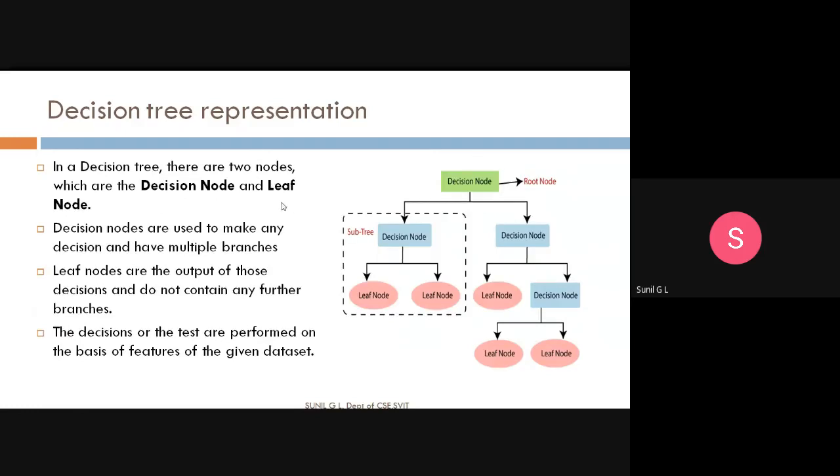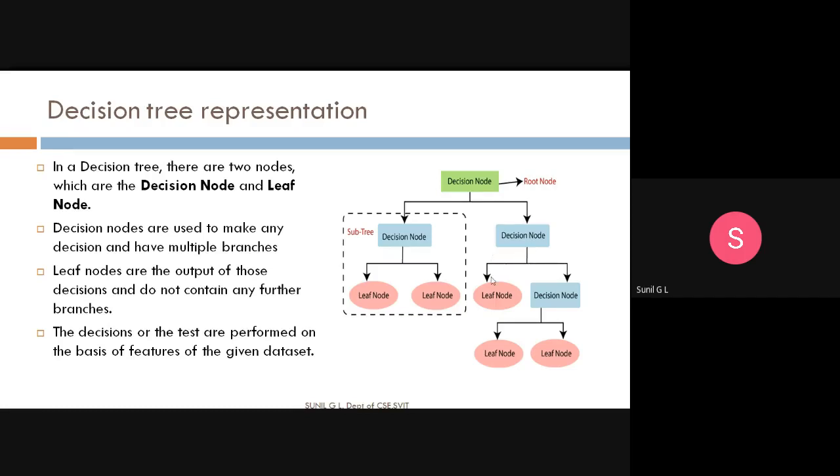Here, this is the decision node. After that, if it is yes, it comes to this side, and if it is no, it comes to this side. Like that, here also we will have one decision. If it is yes, it comes to the left side; if it is no, it comes to the right side. So here also we will have a decision. From the root node, suppose the value is no, then we come to this decision. Here we will have a yes or no condition.